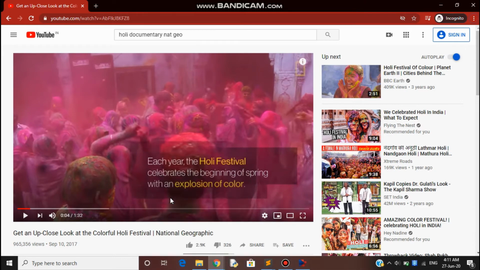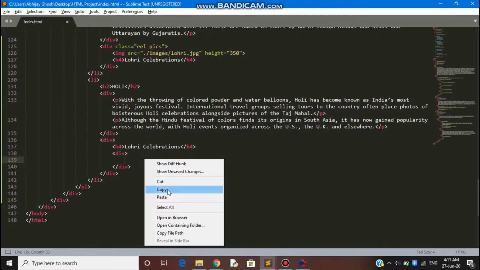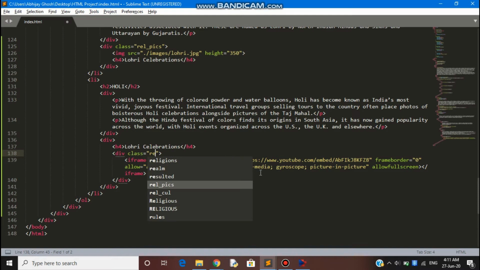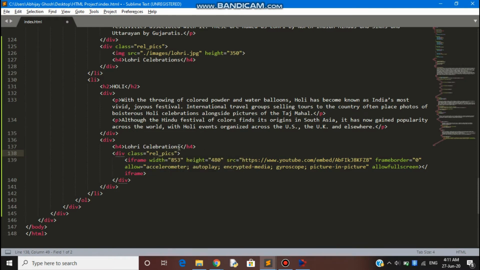Holi documentary by Nat Geo. I found this first to be the best. Now here's an option, copy embed code. On right clicking the video, we'll just simply copy that code and paste it over here.